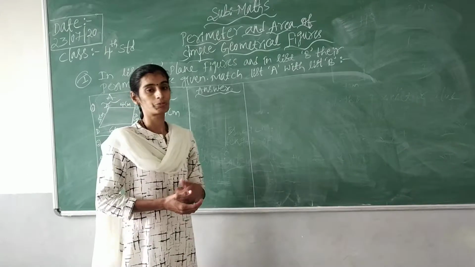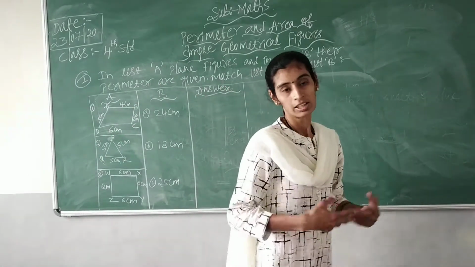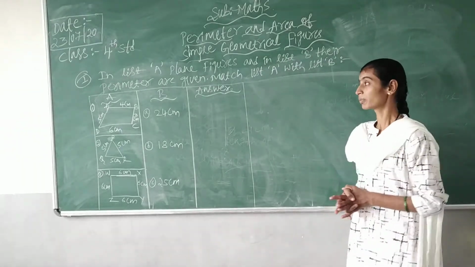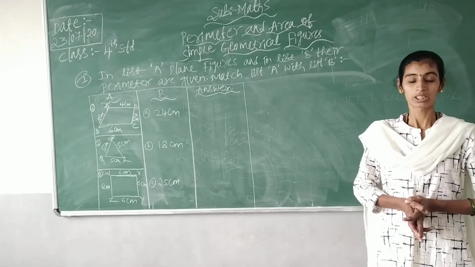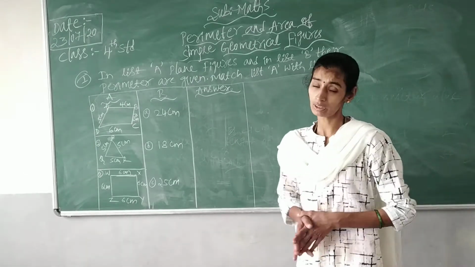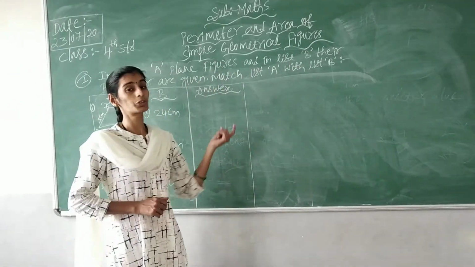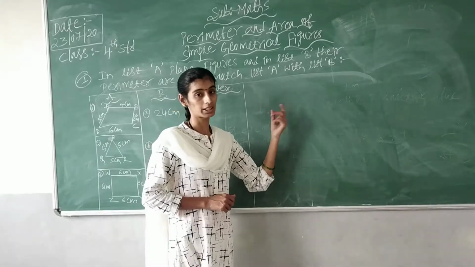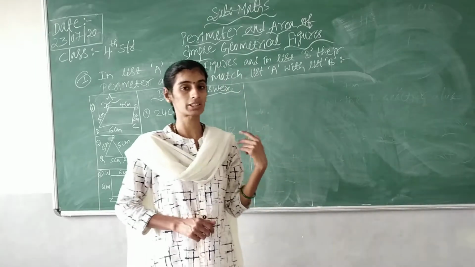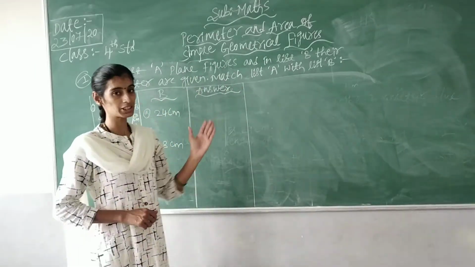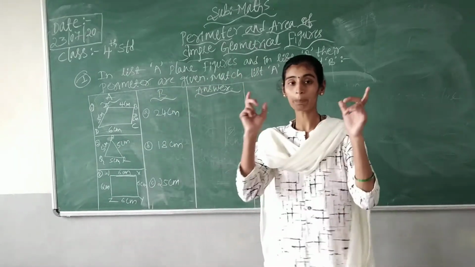So can you give a few examples of 2D shapes? Yes, square, rectangle, triangle, and so on are 2D shapes. So what are 3D shapes? Cube, cuboid, cone, cylinder, sphere. These are all examples of 3D shapes. And we have learned some properties of 2D shapes, like a square has 4 equal sides, it has 4 corners or 4 vertices, and it has 2 diagonals. Likewise we have discussed. And in the last class we discussed the perimeter.